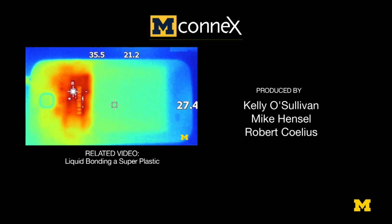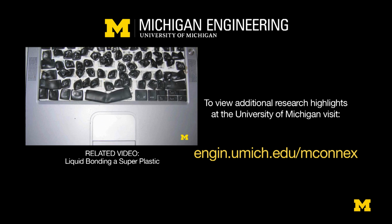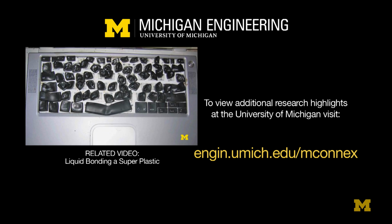Where the electronic device is dissipating a lot of heat, and if the heat can't escape, that means the electronic device gets very hot, and when it gets hot, its performance suffers and it also can have a reduced lifetime. We invented a way